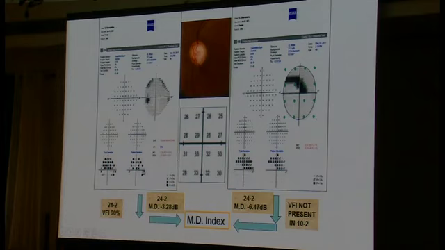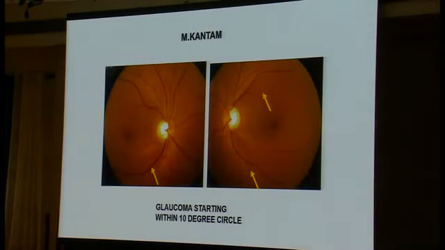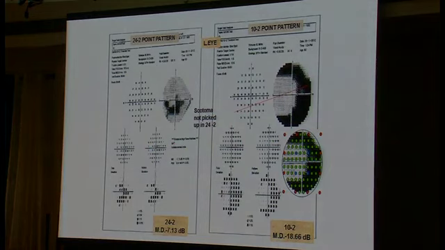And this is another patient. You see the nerve fiber layer defect is almost going to the fovea, and the mean deviation is only -3. And if you see the mean deviation of 10-2, this progression in between the points was not picked up in 24-2, and the mean deviation is -6. This is another patient, you see, with a mean deviation of -7, and if you ask for 10-2, there is a huge scotoma traveling in between the points that was not picked up in 24-2.